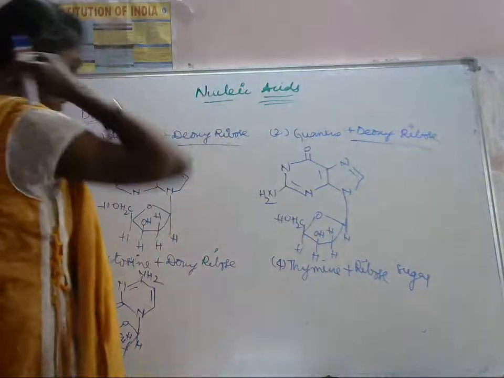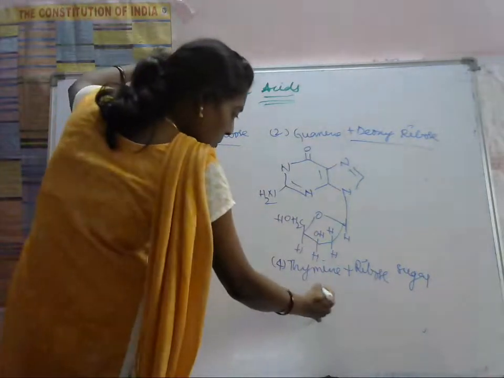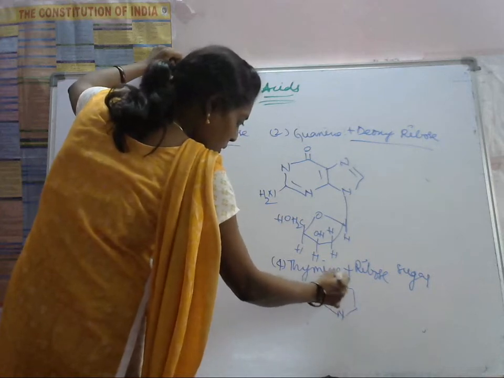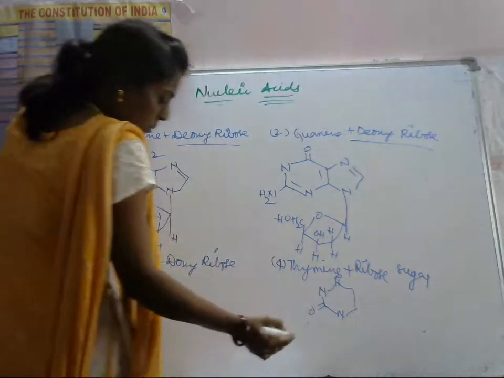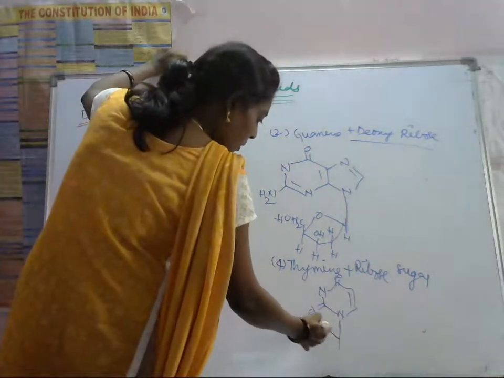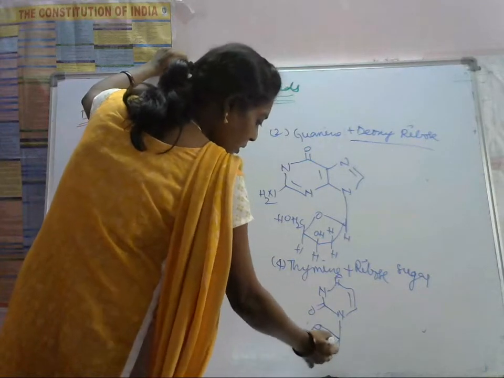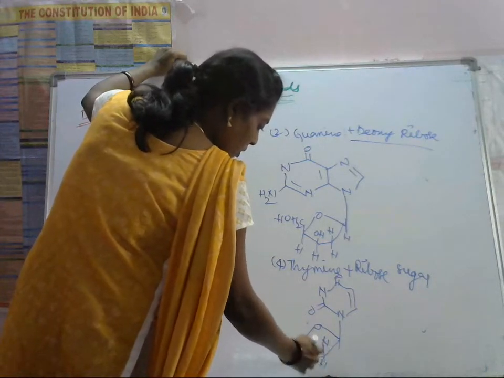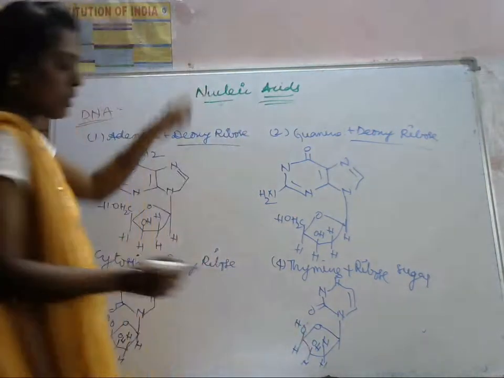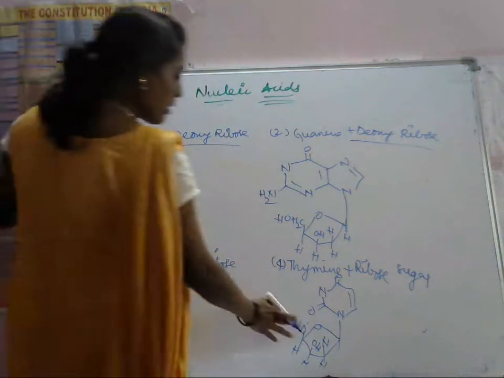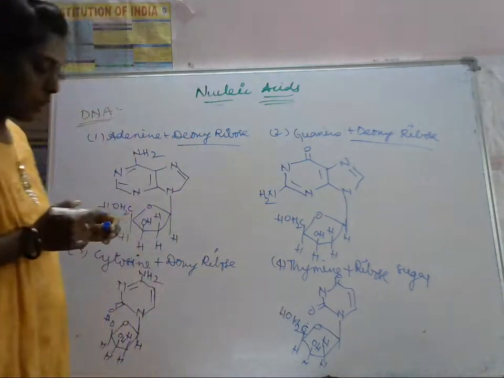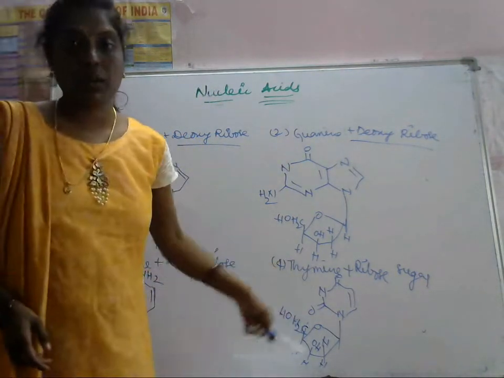So what is thymine here? If you see this thymine, nitrogen will be there. Here a double bond O is there, with this double bond. Then there is a bond formed between this one and here, hydrogen, OH, H, OH, H. Okay, so this is the CH2OH here. So this is the thymine ribose sugar.